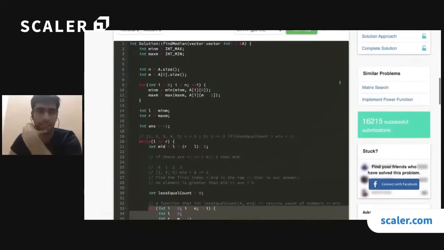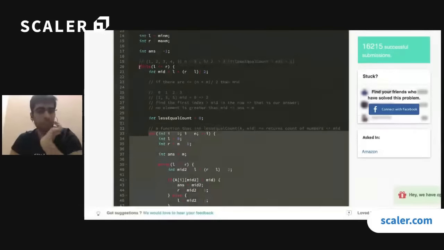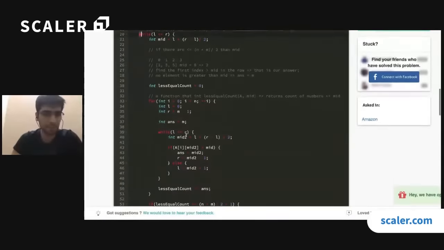Correct, we got 218 points. In binary search, just an advice, always try to use this template because it is always going to work perfectly fine. You only have to remember one template in your mind, so that actually helps you a lot. So what we are doing here is, in this particular case,